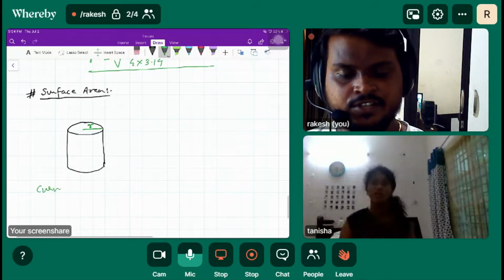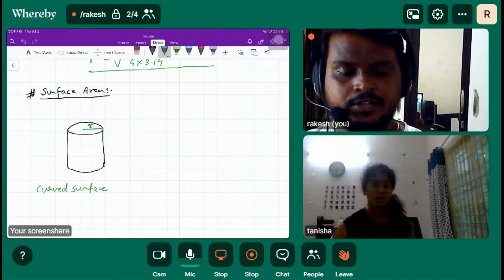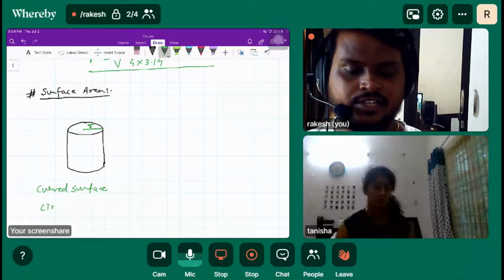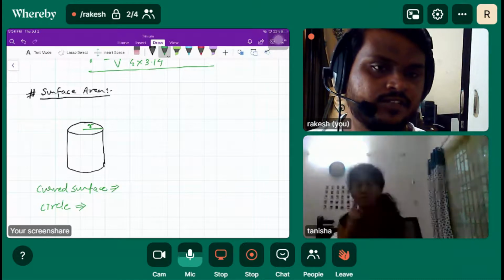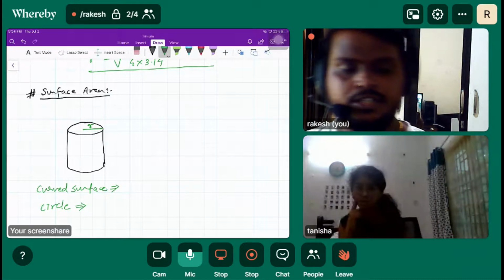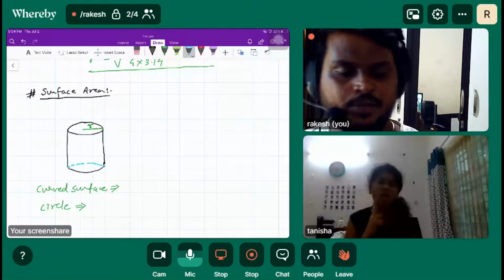One is curved surface, other is circle basically, isn't it? There are two types of surface. One is curved surface, other is circle. Did you notice all of this? The base and top and bottom are